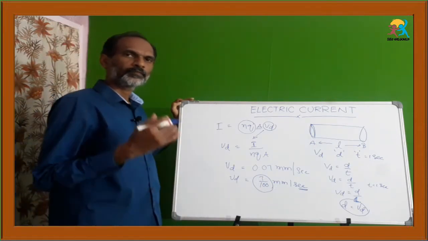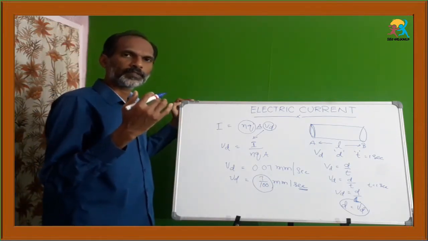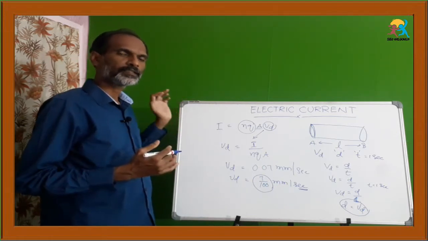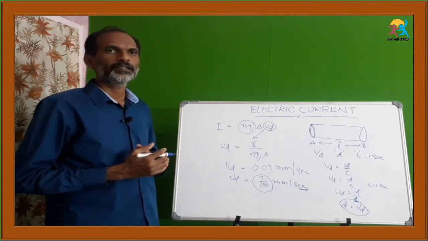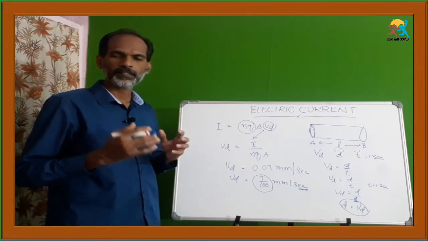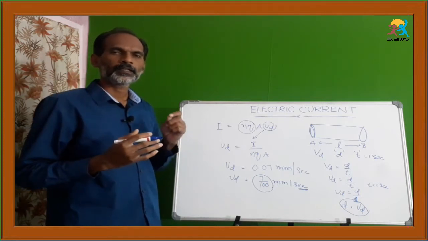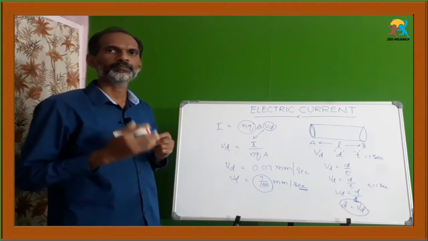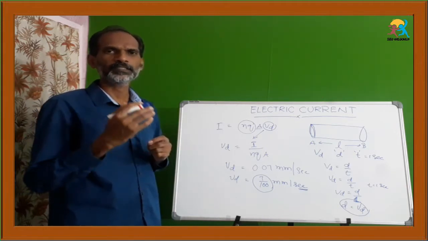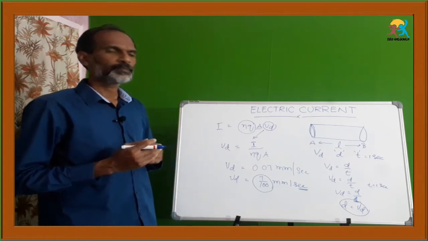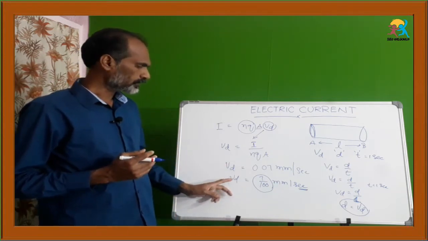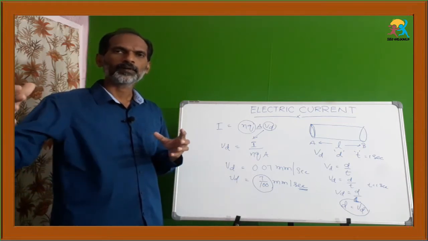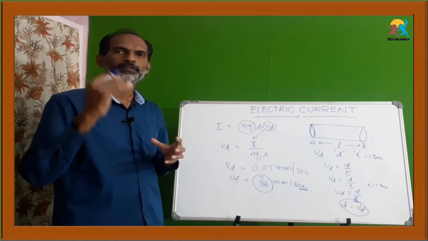So, when we turn on the electrical switch, how long does it take for the electrical device to start glowing or working? Apart from the distance between the switch and the light, at the moment we switch on, the electric bulb starts glowing. It means the velocity of the electron is a very small value, but however long the distance is, when the switch is on, the electric bulb glows.